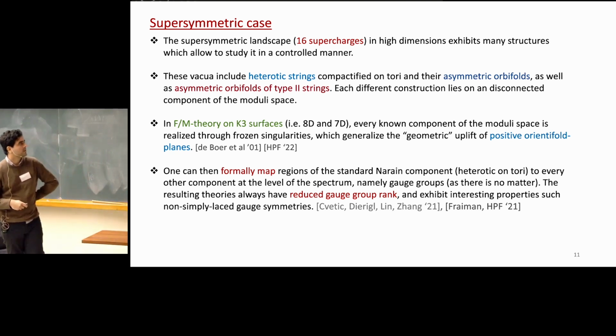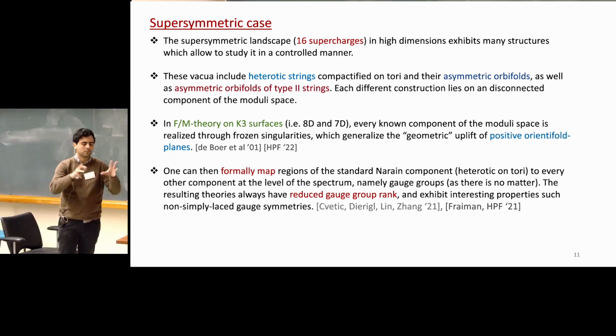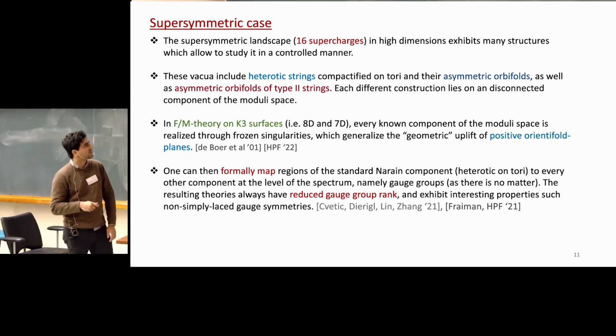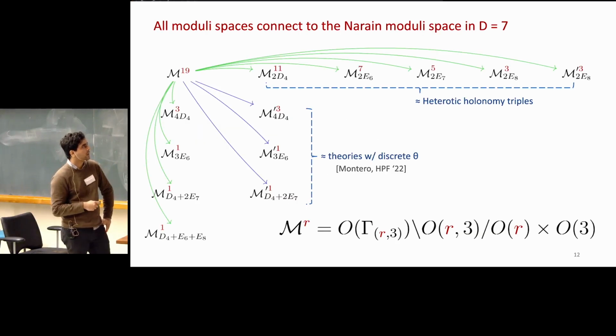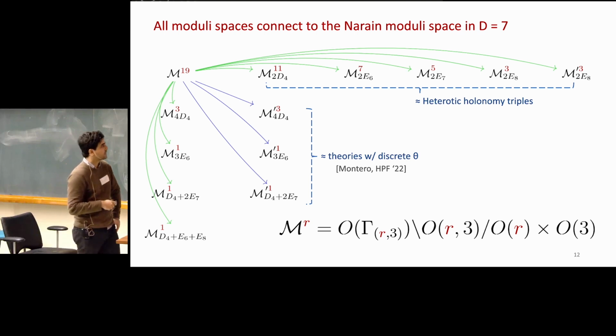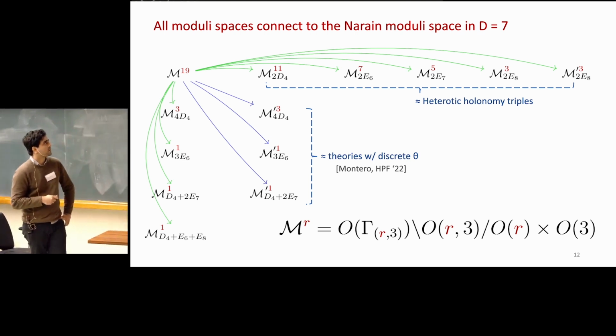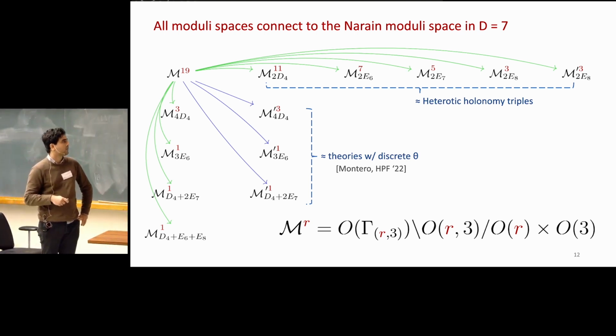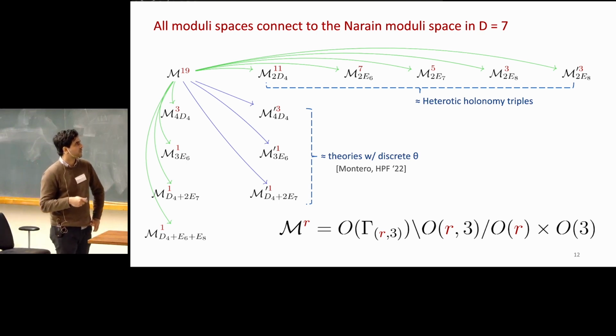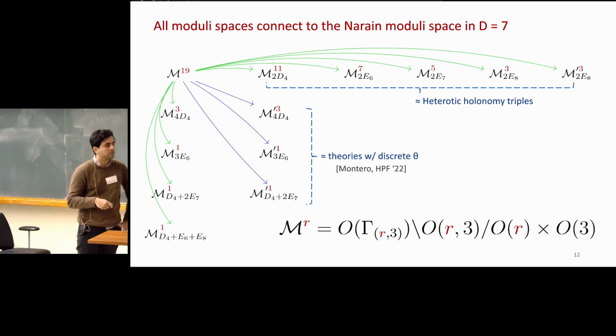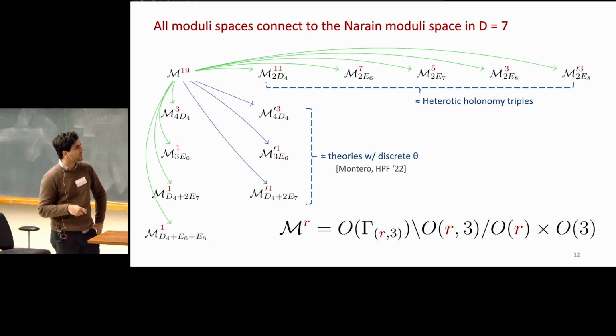Here I want to show you a picture in 7 dimensions of all the moduli spaces that we have. The red letter here is the rank. The letters here represent ADE frozen singularities. I just want to emphasize that we can start from here and go to every one of them using some special map. And here, just to remind you what is the form of these moduli spaces, the coset spaces, quotiented by some discrete symmetries, though I will not enter much into detail about this here.